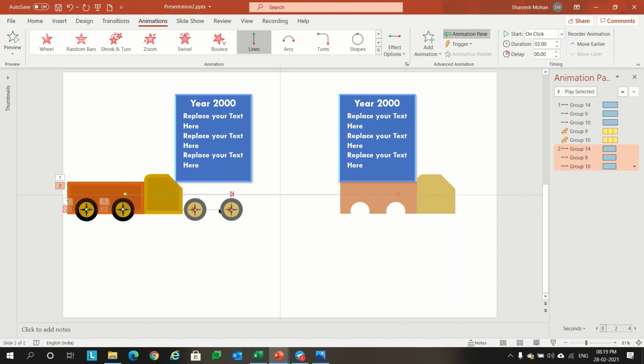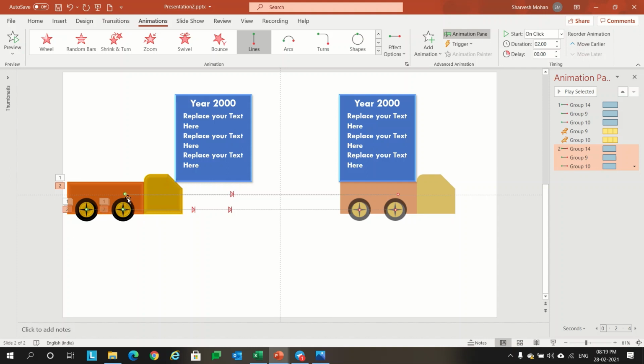Okay, and similarly we have to drag this wheel to this area. Again we have to drag this to this back wheel. And we have to make sure that this starts from where it was left in the previous place.